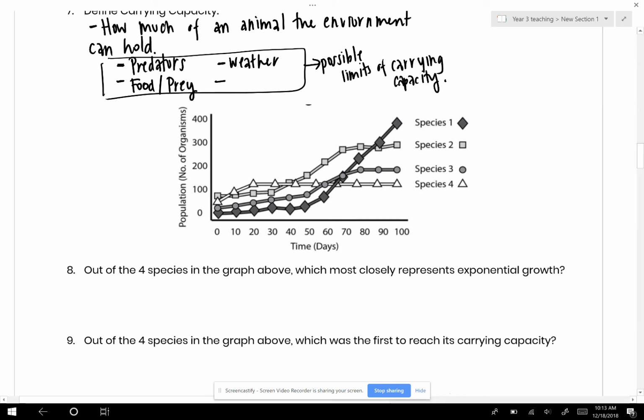So I look at my squares. That's kind of logistic, right? Because it levels out. This one also levels out. This one kind of goes up and then it levels out. Oh, look at this one. This one goes straight up. So if I'm looking at this, you'll see that that one is a little bit more J-shaped. I look at the key, and that says species 1. So I'm going to write species